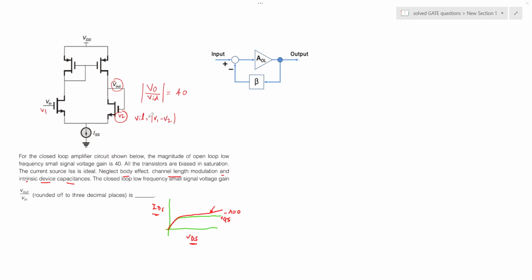So to summarize, the question is, you are given the open loop gain to be 40. Okay, the magnitude is 40, and you are asked to calculate the closed loop gain. So that's the question here. So how to approach this problem? So in the block diagram form,